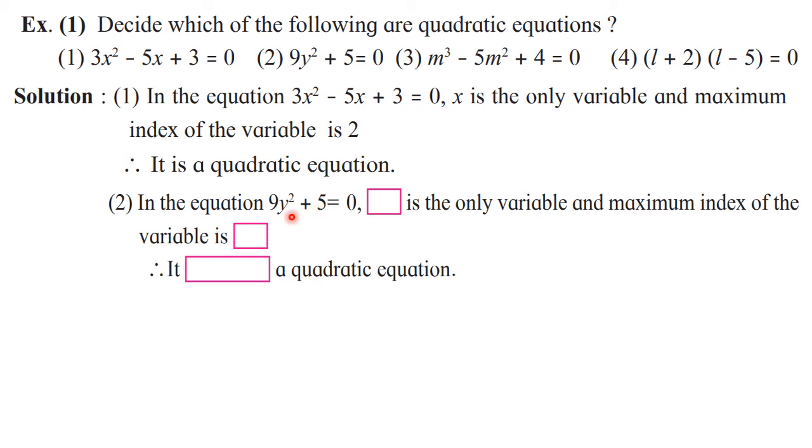But still it's a quadratic equation. Why? Because it is having only one variable, that is y. But here it is x. Now here you need to write what? Y. Whatever variable you can see, the same variable you are going to write. That y is the only variable. And what we can observe more is 2 is the degree, or the maximum index, or the highest index is 2. So both the conditions are satisfied and we can say that it is a quadratic equation. Okay. Now let us go for the third one here.